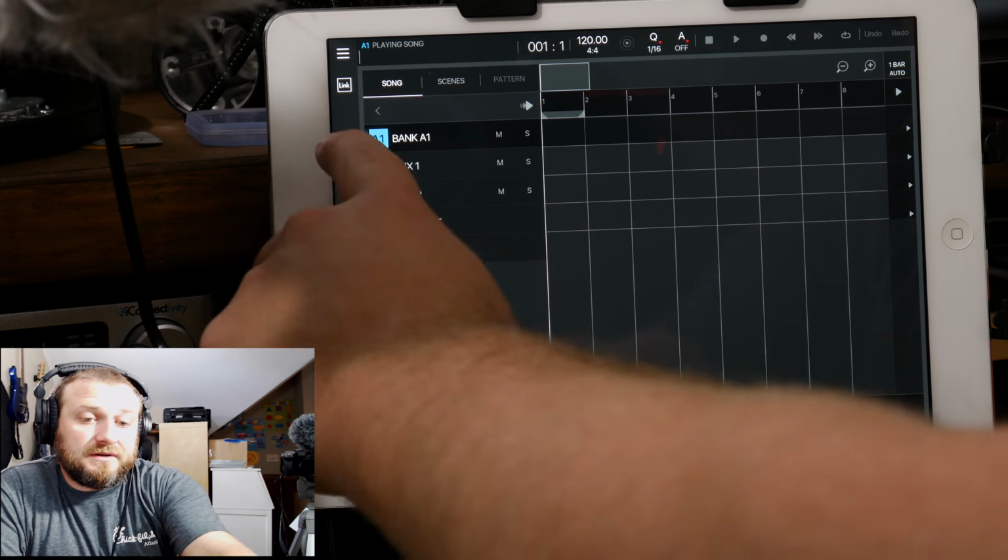But anyway, so I have my Minilab mapped to these pads, and I just want to throw down a quick pattern. And so I just hit, I like to hear the metronome, then I just hit record,